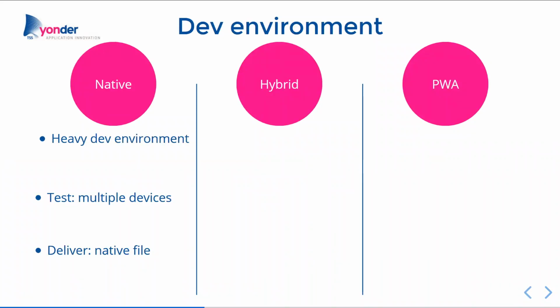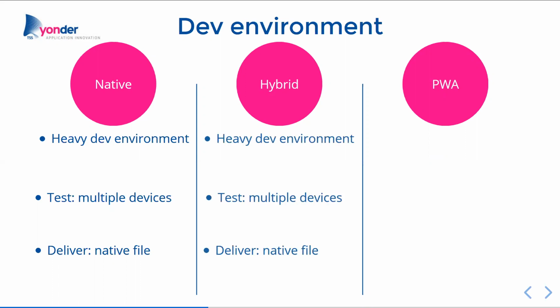We saw some numbers. What backs those numbers up? A native app, usually when you develop it, has a heavy dev environment. You need to test it on multiple devices practically. And usually you actually test different applications if it's also cross-platform, right? You need the same test flows done, repeated, exactly the same, but on different devices, iPhone versus Android, for example. And you deliver practically a native file, or several, or 2 practically, if you want to support both Android and